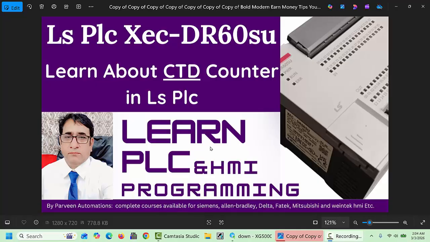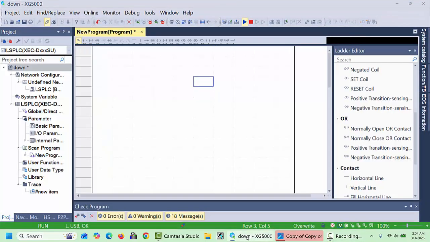In this video, I will explain how we can use the CTD counter in LS PLC. In the previous video, I explained about the CTU counter, and in this video, we will discuss the CTD counter. So let's get started. First of all, we will open our